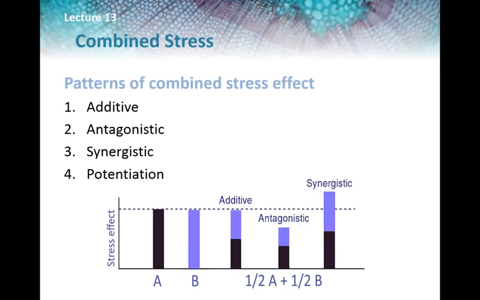From an ecological point of view, plants are usually not exposed to one stressor at a time, but rather multiple stressors. The resulting effect of multiple stresses can follow one of four patterns: additive, antagonistic, synergistic, and potentiation. The easiest way to explain these responses is by drawing an analogy to drug dose effects that is illustrated in the graph here. We could have two drugs, say A and B, and each one of them would have a